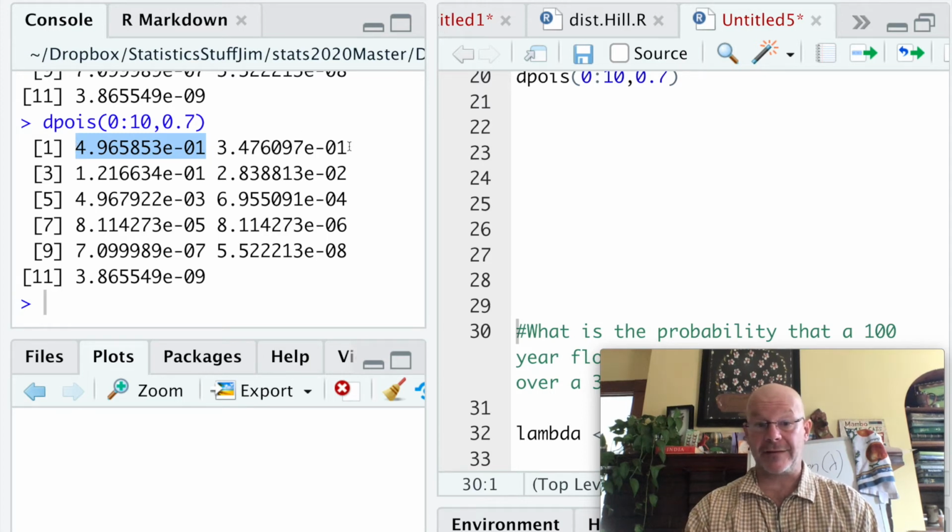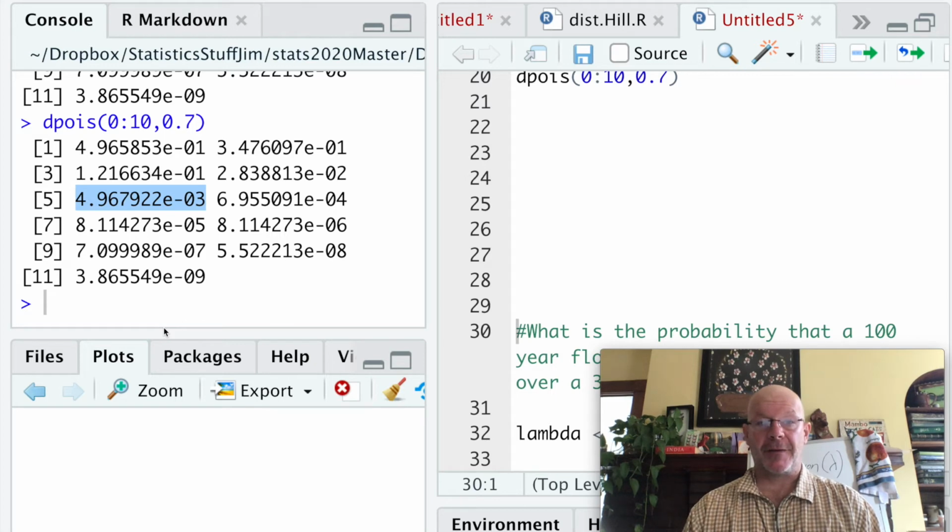A close second is going to see 1 pollinator, and then progressively it'll become less and less probable that, for example, here that you would see 5, or I guess that would be 4. What's the probability you would see 4? 4.9 times 10 to the negative third. Not very probable.